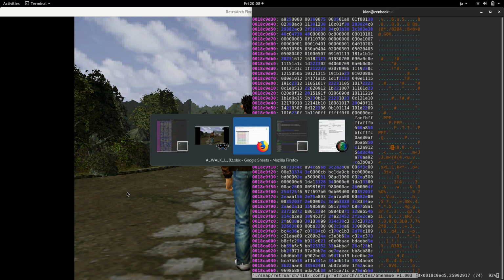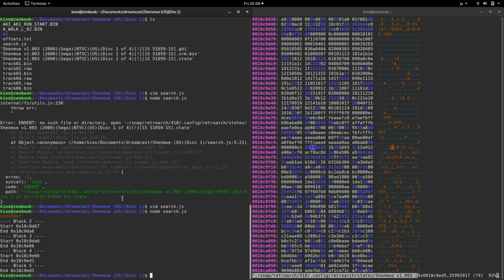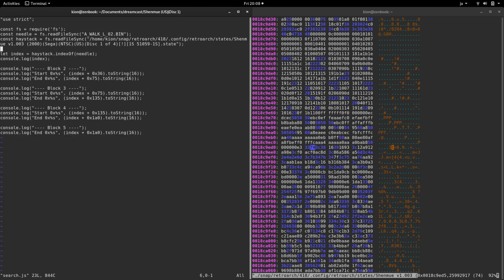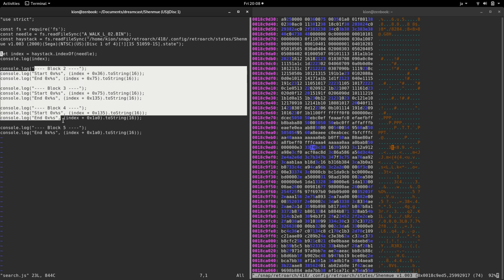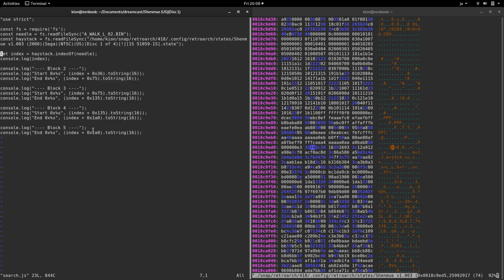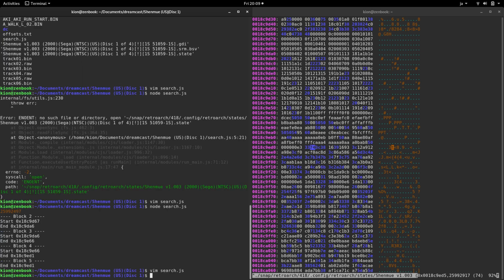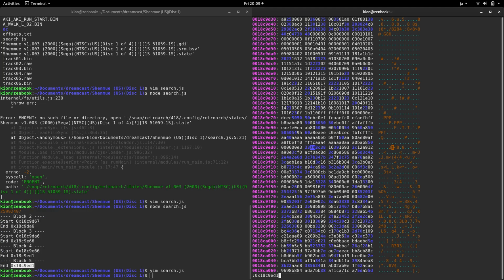So if we open up our editor over here, our console over here, we can do a quick search. We read the walk file on its own, then we pull up our save state, and look for the index of what we're searching for. We get an index in the file position, and then we can split out whatever offsets we need. In this case, the offset that we want is located over here in memory. And so we can go over to our save state file,